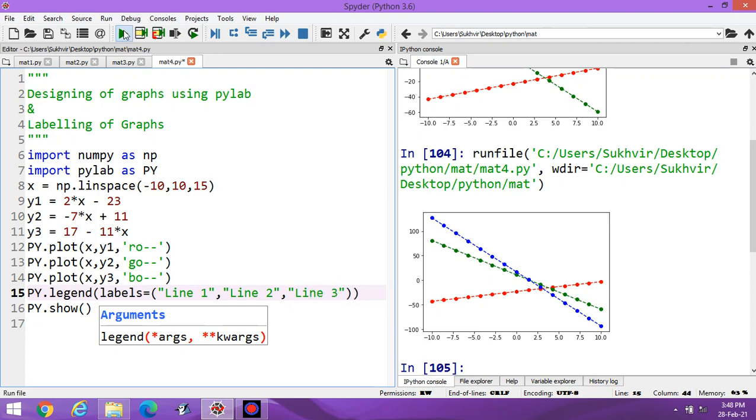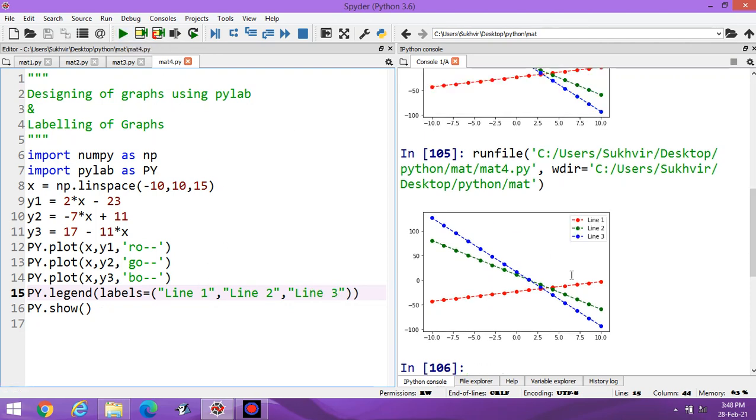Suppose these are the titles. You can represent the content as line 1, line 2 and line 3. Okay. You can write the content like this also.